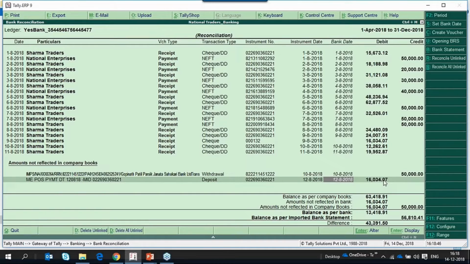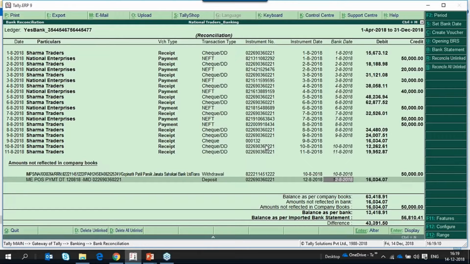So we have a transaction in the statement as well as the same value transaction in our books of accounts, but the bank date is not captured because the instrument number is different. The instrument number in our statement is different compared to the instrument number which we have entered in our books of accounts.